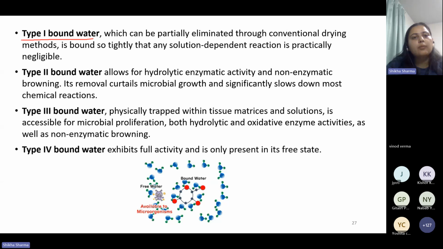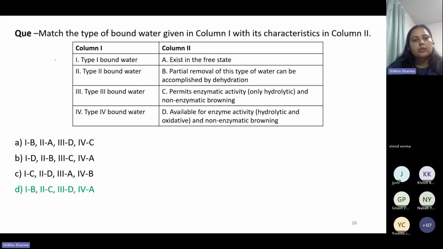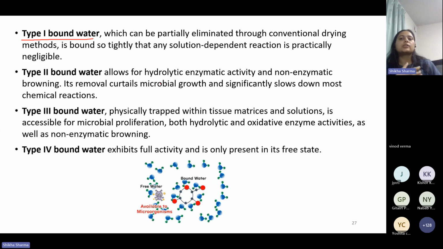So we have the type 1 bound water. Type 1 bound water is the water which is very close to any food product. So it is option B, which is partial removal of this type of water can be accomplished by dehydration. When we do the dehydration with the conventional drying method, it will be removed only partially. It is that tightly bound that for any solvent dependent reaction